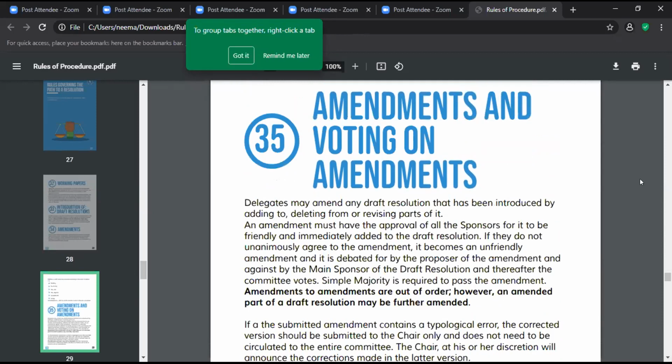Amendments and voting on amendments. Delegates may amend any draft resolution that has been introduced by adding to, deleting from, or revising parts of it. An amendment must have the approval of all the sponsors for it to be friendly and immediately added to the draft resolution. In case you're wondering who is a sponsor,